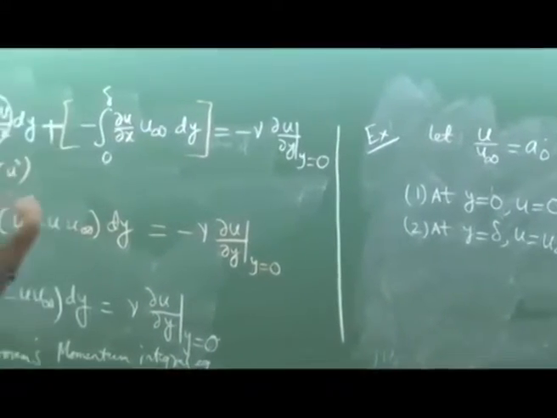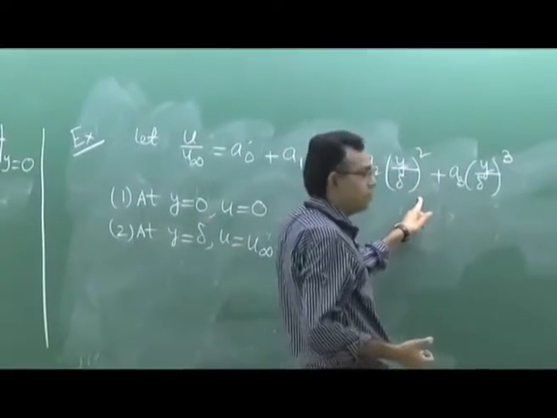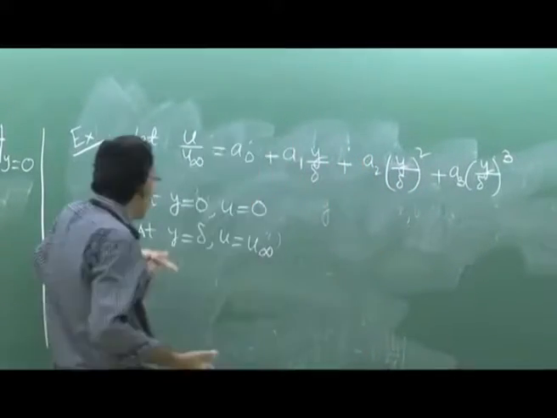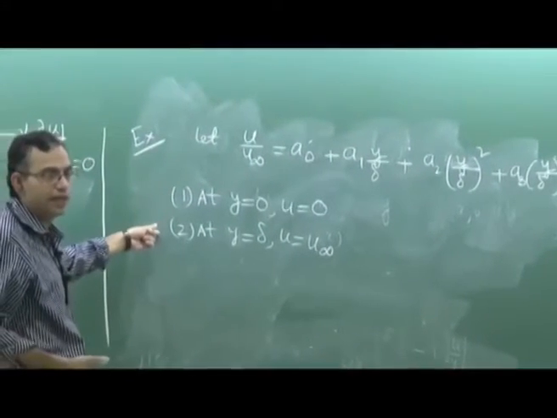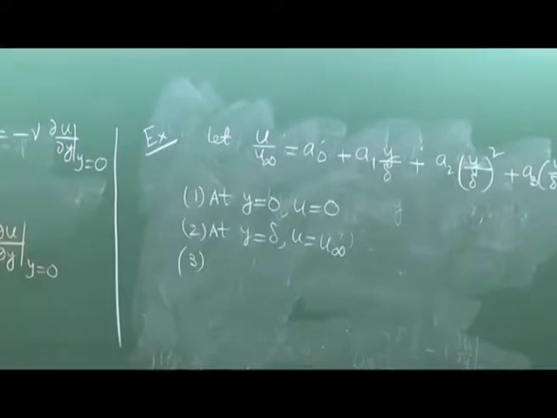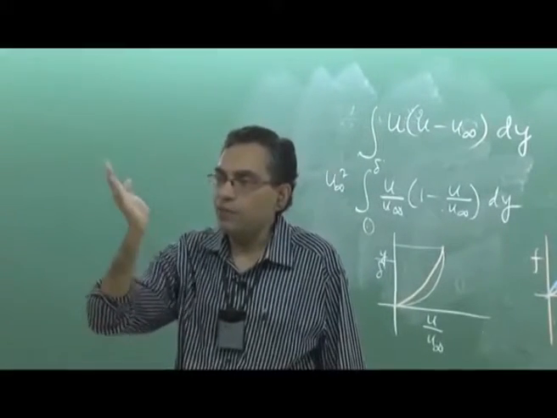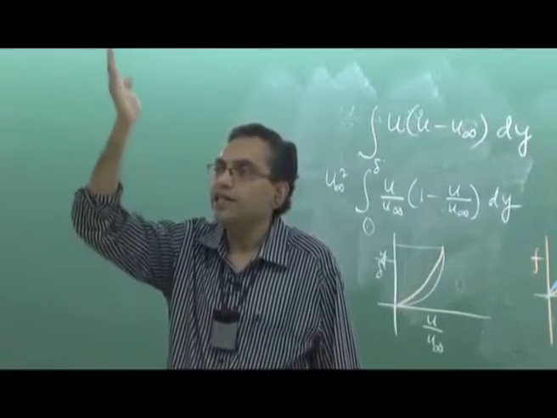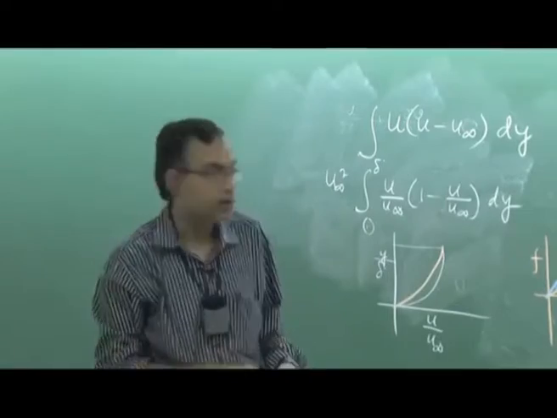If you want to give a priority, that is, let us say you have up to the quadratic term, then what is the next priority? These are the 2 high priority boundary conditions. These 2 must be satisfied. The third one, see what happens at the edge of the boundary layer. At the edge of the boundary layer, the velocity does not change any further. So that means at y equal to delta, del u del y equal to 0.